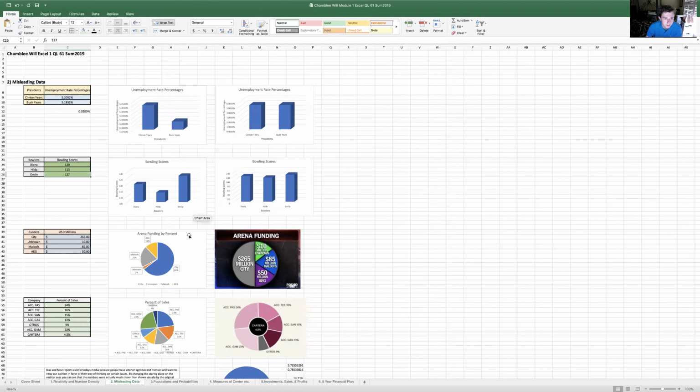These types of graphs or pie charts can be used for multiple reasons. The main one would be to mislead you and to get you to believe something that's not honestly true. Often reporters or people who make these kind of graphs that are trying to mislead you have a bias or an ulterior motive, and that can kind of come to show here.